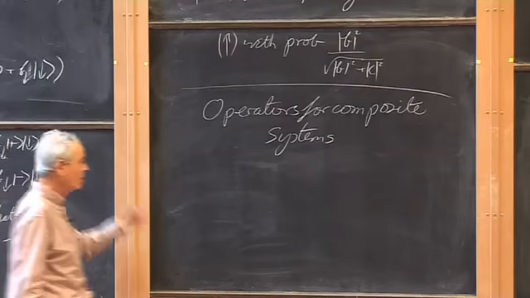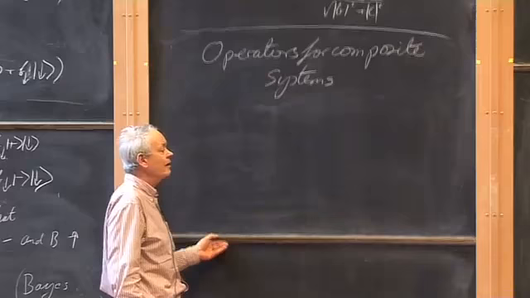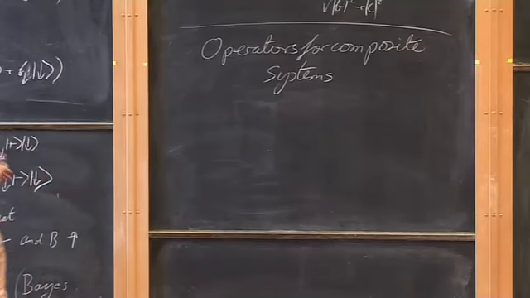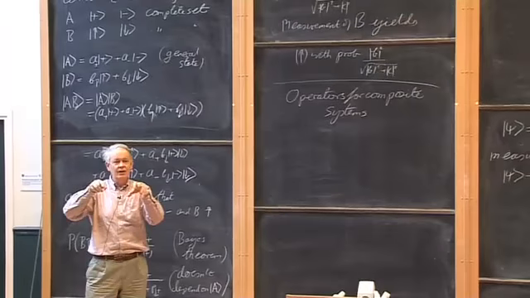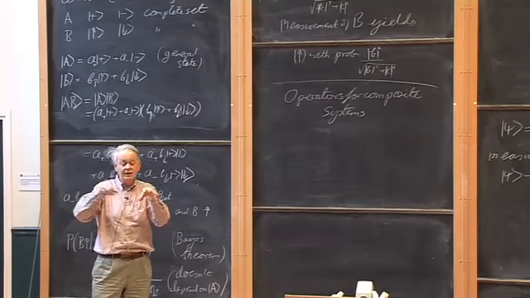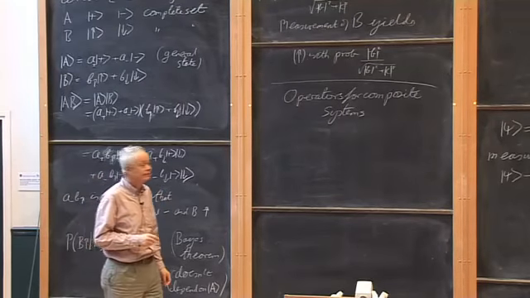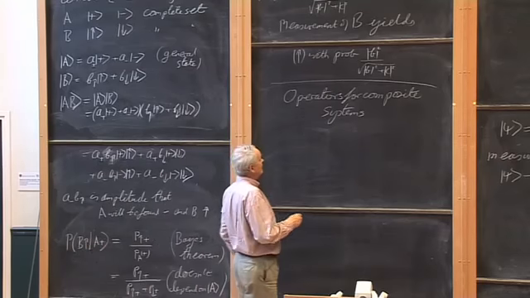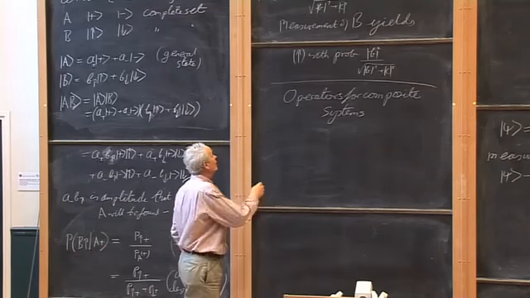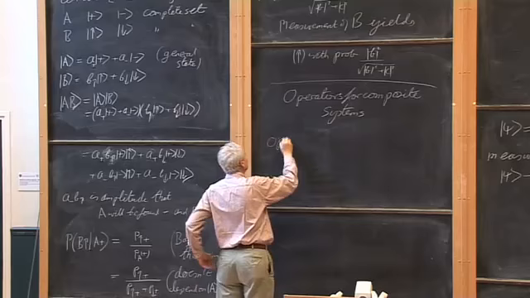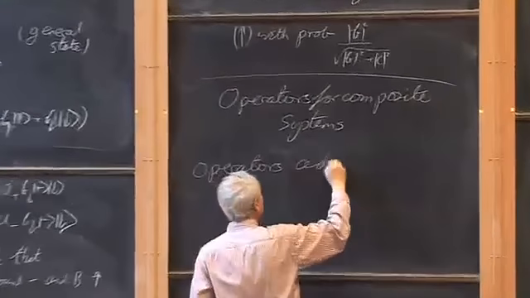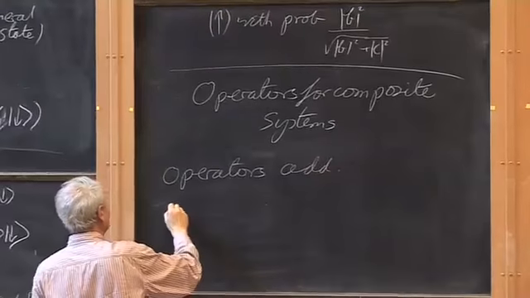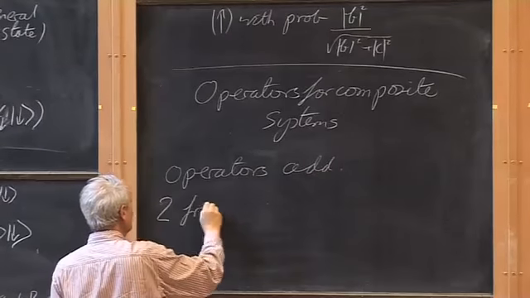With every measurable quantity, there's going to be an operator, and we need to know how this behaves. So we found that the kets of the subsystems were multiplied. This rule was inherited from the multiplication of probabilities of successive events. The operators add. So for example, if we have two free particles,